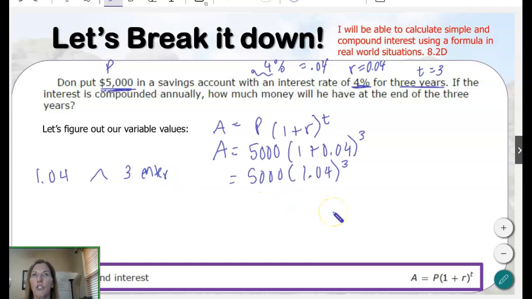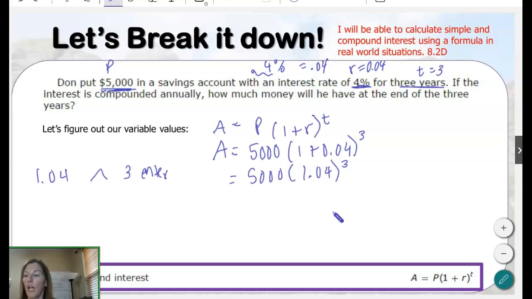Okay, so then it gives you, and I'm not going to write all of this down, but you have that number 1.124864 on your calculator display. I know you can't see it, but it's there. So all you have to do from there is now push the times 5,000, because it's going to take that answer that you have and multiply it by 5,000. And it comes out to